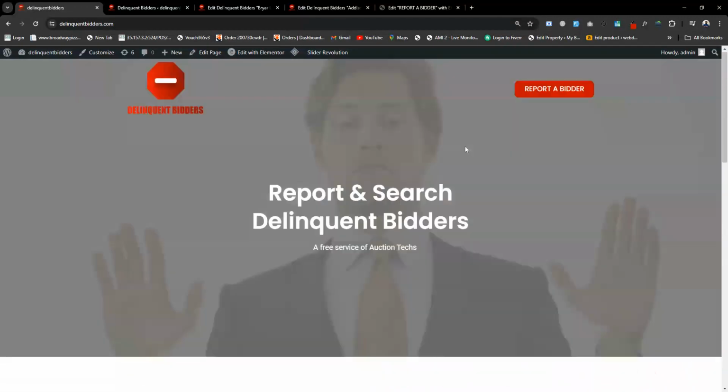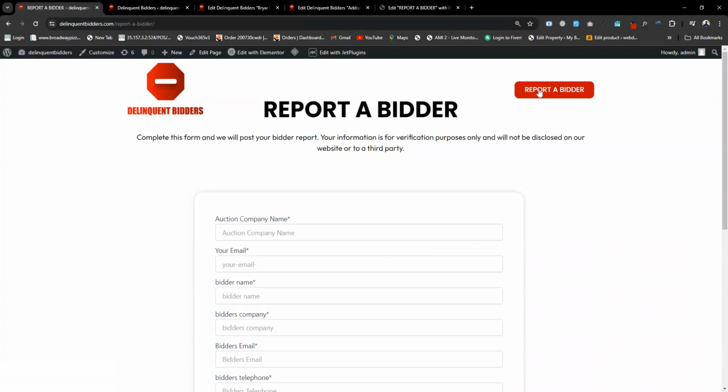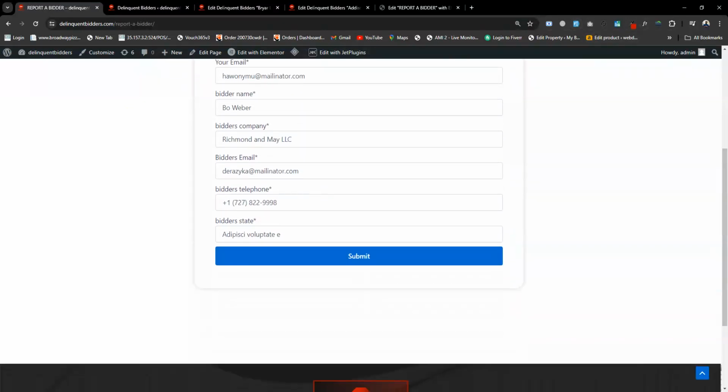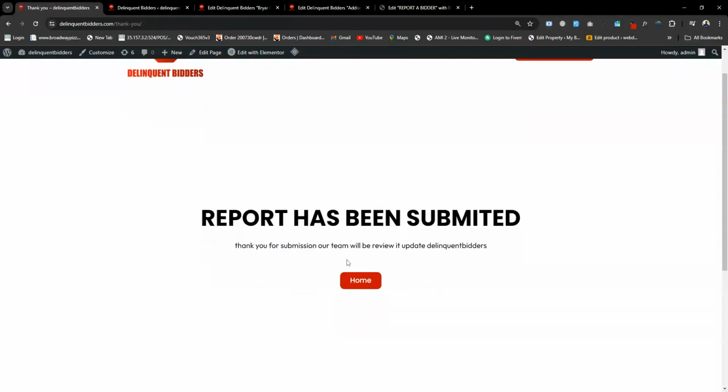And also again I'm showing you another submission. Here, when the user clicks on report a bidder, this is the form. Fill up all the details of the form which are necessary. Then click on submit. After that, you can see the report has been submitted. Thank you for the submission. Our team will review it and update. Okay. So now